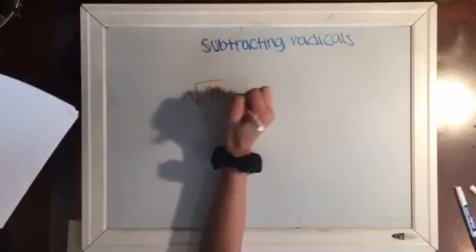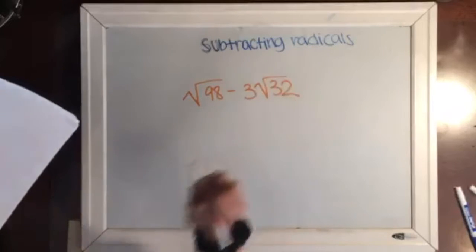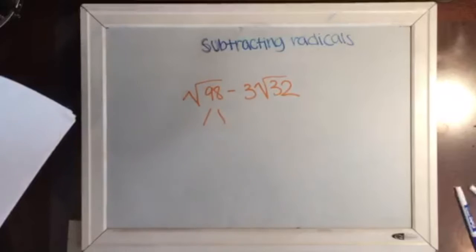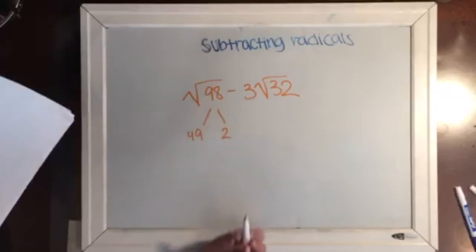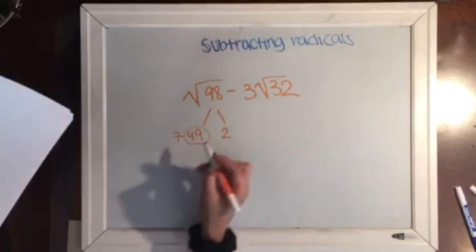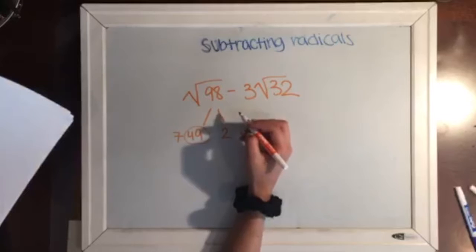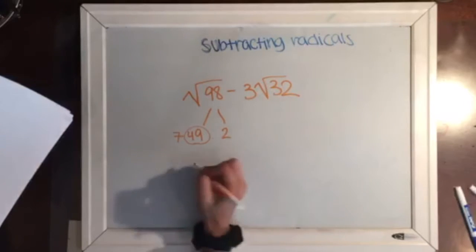So the next equation we'll be doing is radical 98 minus 3 rad 32. Now radical 98 can go into 49 and 2, and rad 49 is 7, and rad 2 is just rad 2. So now you just simplify that to 7 rad 2, and then rad 32